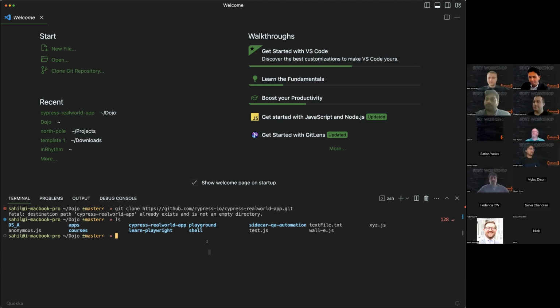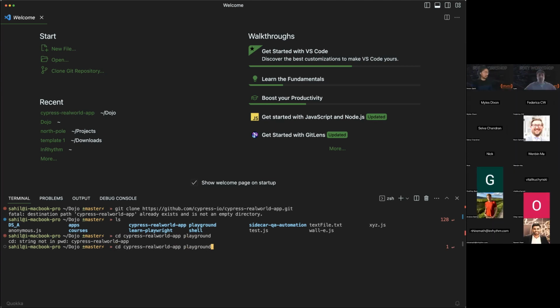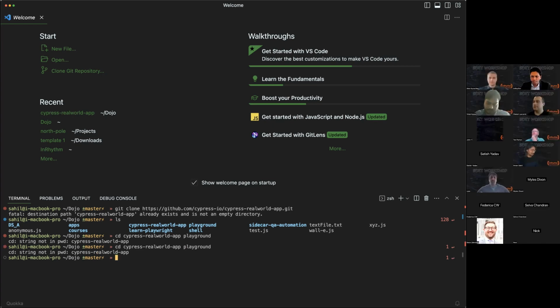Good, thanks. After you do the git clone, it'll create a folder called Cypress Real World App, and you want to get into that directory.